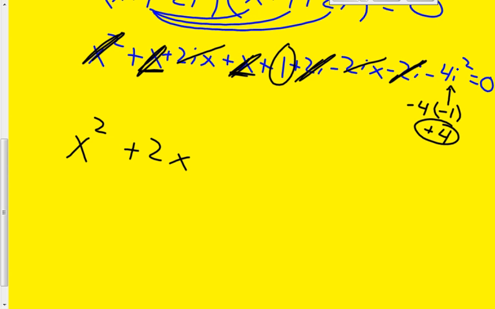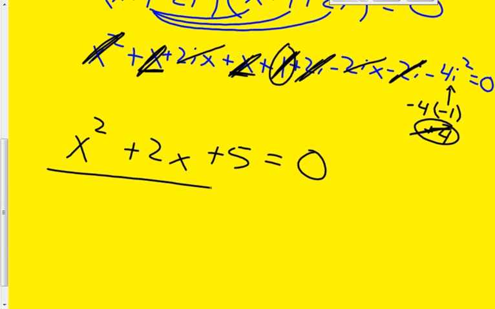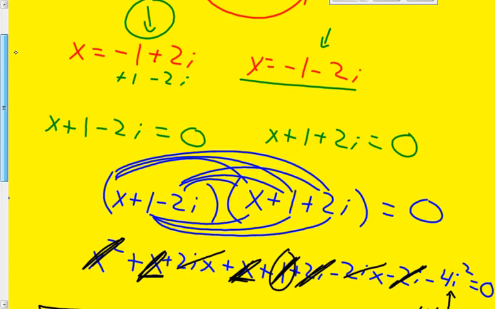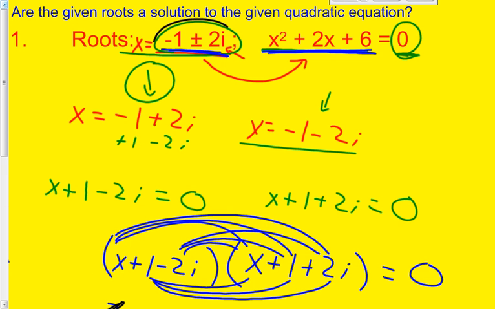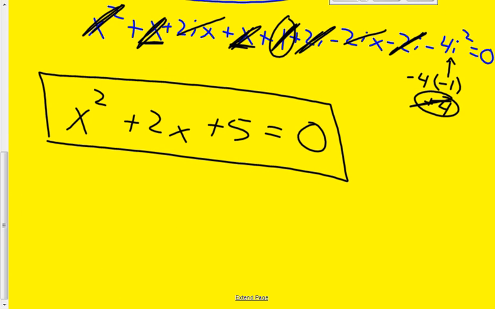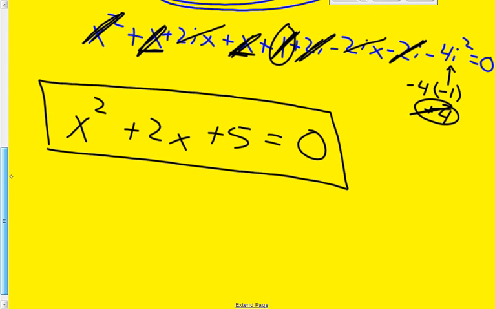1 plus 4 makes a positive 5. Those are all of our terms. So we have x squared plus 2x plus 5 equals 0. So our quadratic equation that has roots of -1 plus and minus 2i is the answer, x squared plus 2x plus 5. So going back to our question,